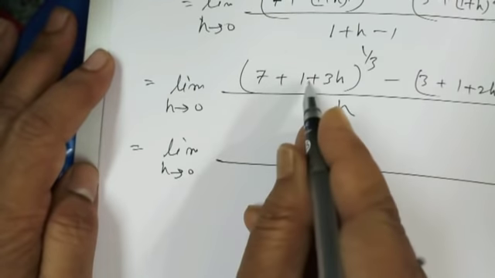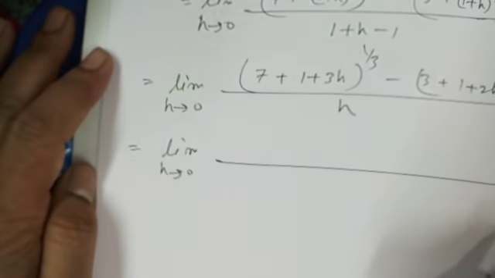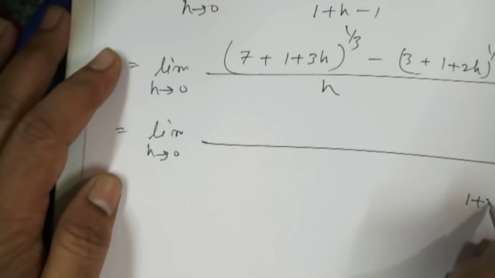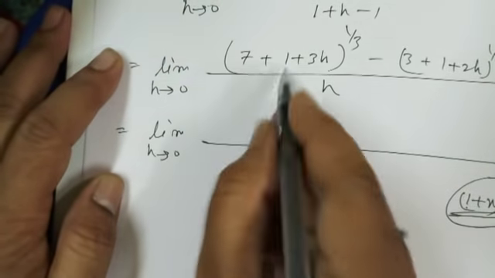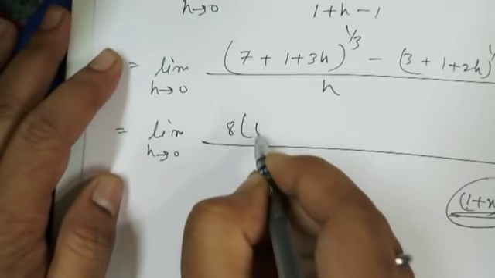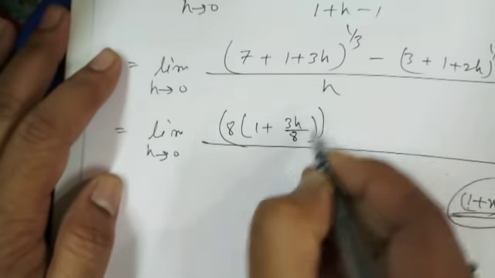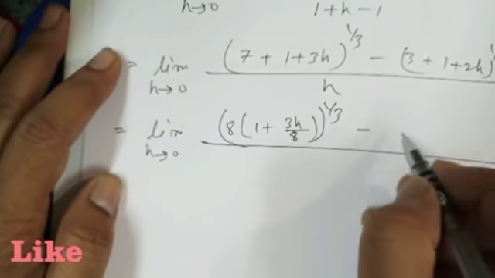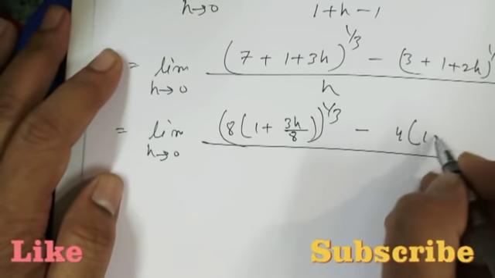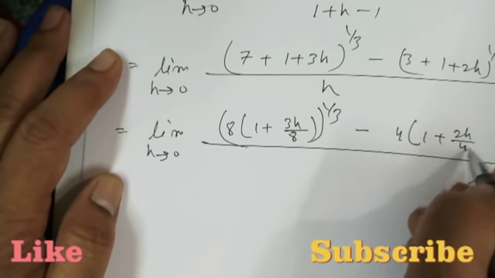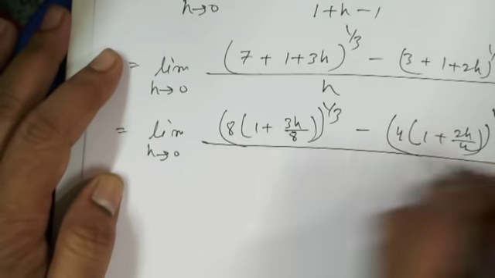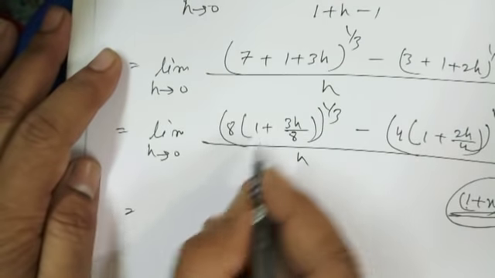This is 7 plus 1, which is 8, but you know (1 plus x) whole to the power n, in the first term is 1, so take 8 common, and this will be (1 plus 3h upon 8) whole to the power 1/3. And minus, take 4 common, (1 plus 2h upon 4) whole to the power half. Now when the 8 comes out,